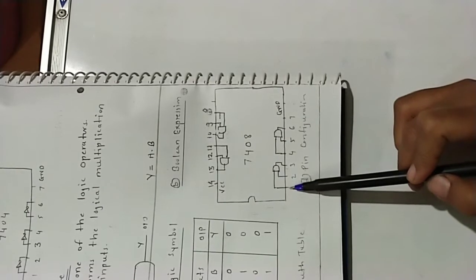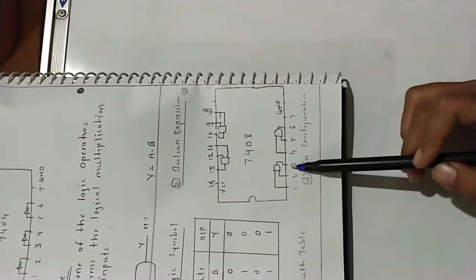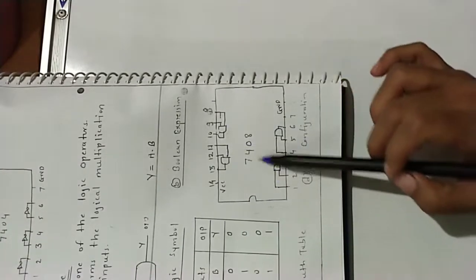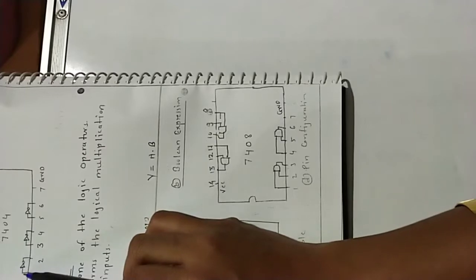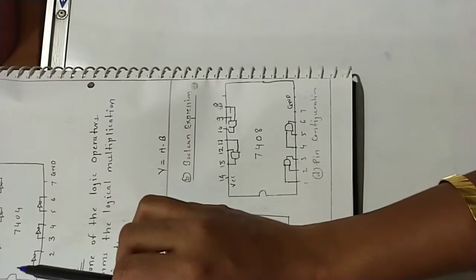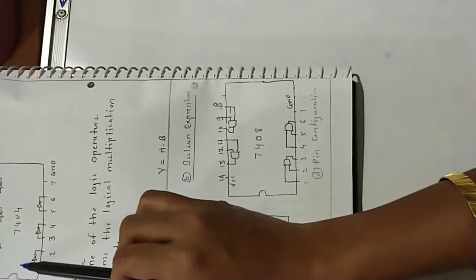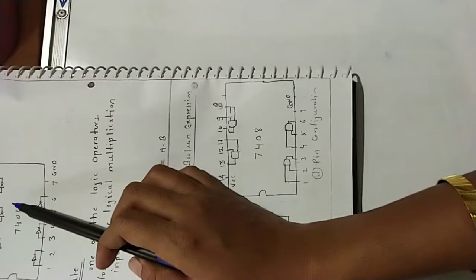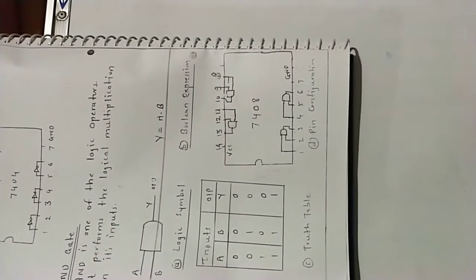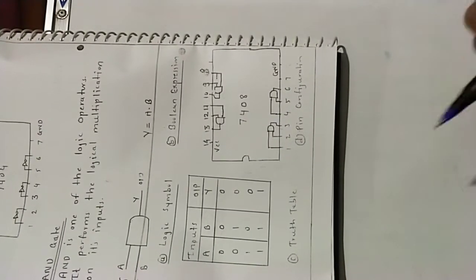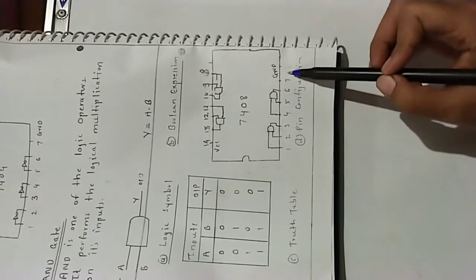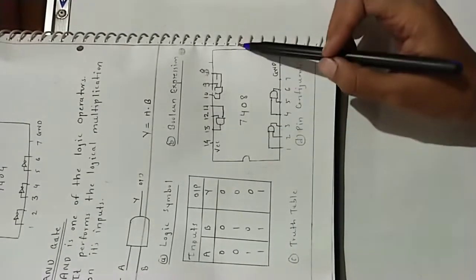Okay, pin number, since it has 2 inputs and 1 output, again this is 14 pin IC, so depending upon that we are having only 4 gates. Okay, since here we are having only 1 input and 1 output, we are having 6 gates. So this may be your online question. In NOT gate IC we are using how many gates? We are having 6 gates. But in AND gate, OR gate, NOR gate, NAND gate, we are having 4 gates only because it has 2 inputs and 1 output. Okay, so pin number 1 2 input, 3 output, 4 5 input, 6 output, 7 pin is ground and 14 pin is VCC for all the ICs.